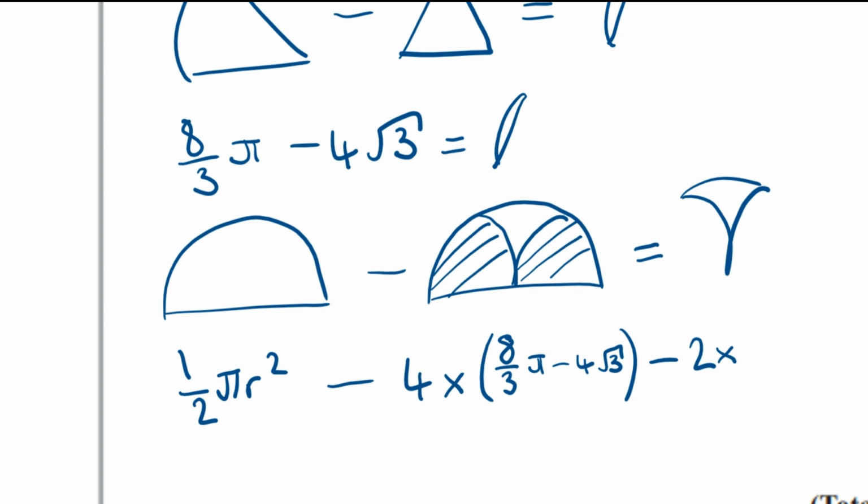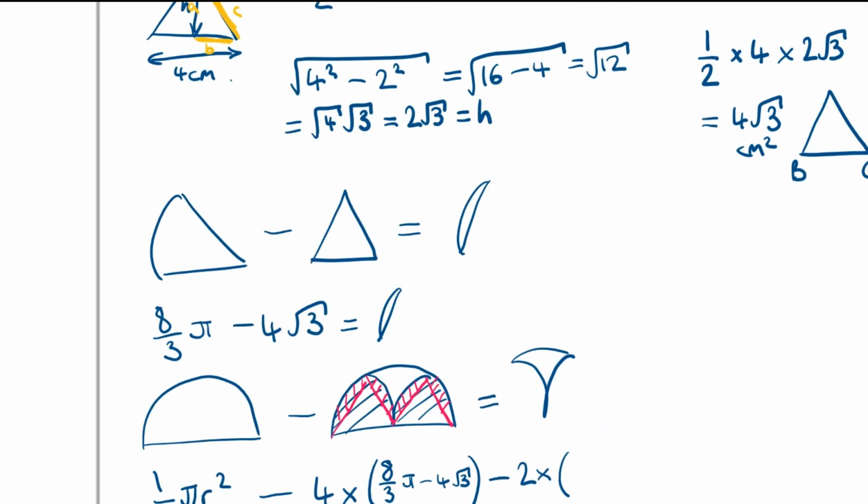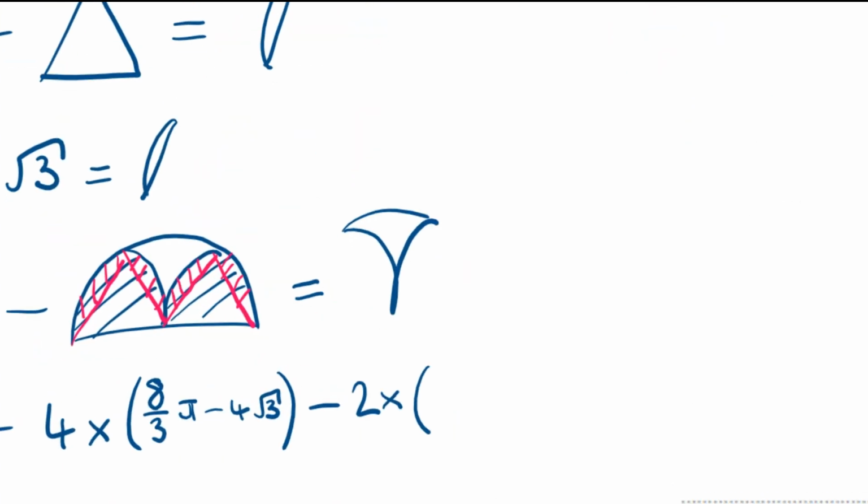So if I do that in a different colour, you can probably see. So we're doing 4 of these segments, okay, and then we also have the 2 triangles in the middle. Okay, so the triangle is 4 root 3, which I'm just going to double check. Size of the triangle is 4 root 3,